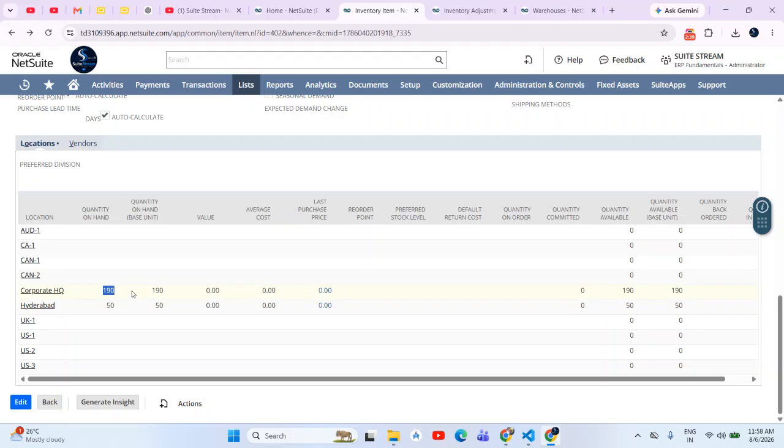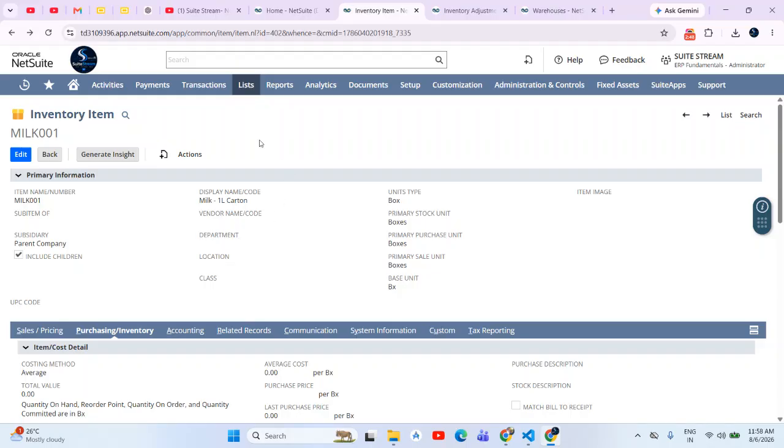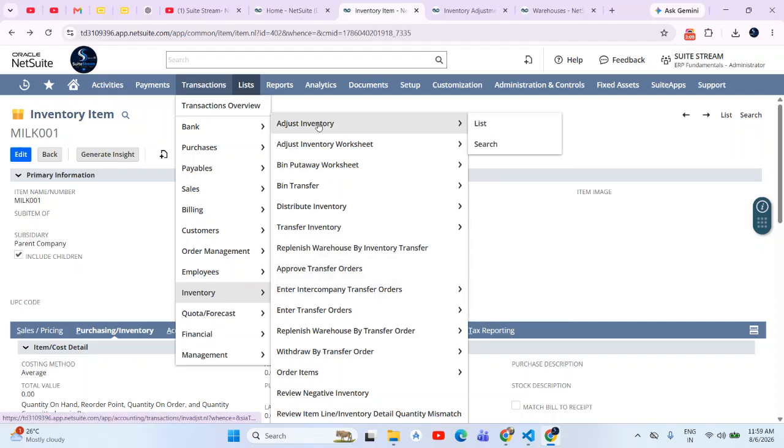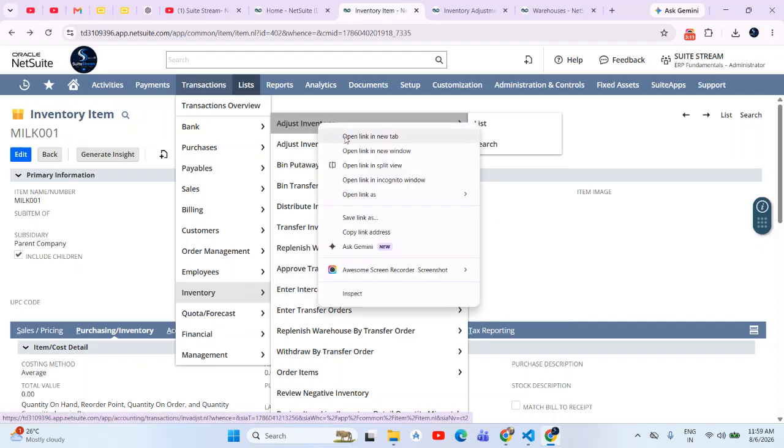It will show in real time. It will not show it automatically, for example with a misconfiguration or wrong items. So for that we have to adjust the inventory level. For that we don't need to create any purchase order or any order, we just have to do this manually. This is a feature in NetSuite. For that we navigate to Transactions, then Inventory, then click on Inventory Adjustment. Once we click on that,